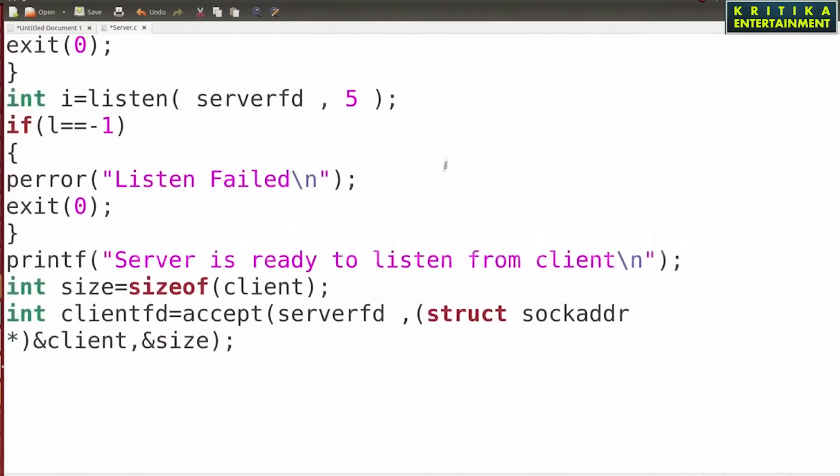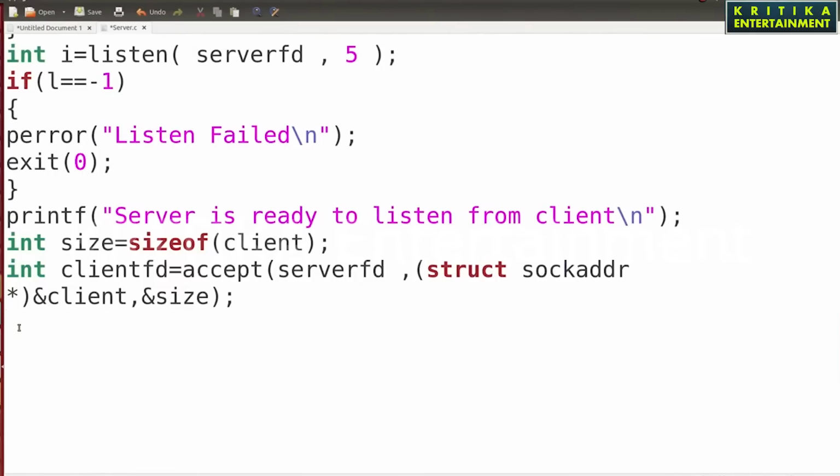So here I'll use printf. Suppose I want to know who is connected to my server program. I will write: connection come from percent s.